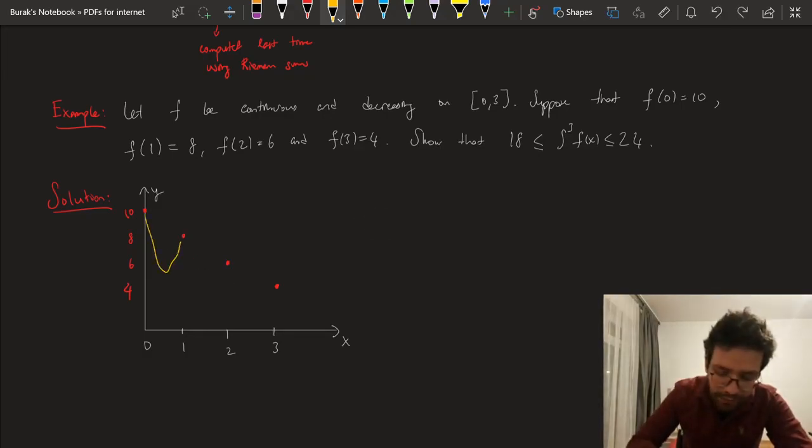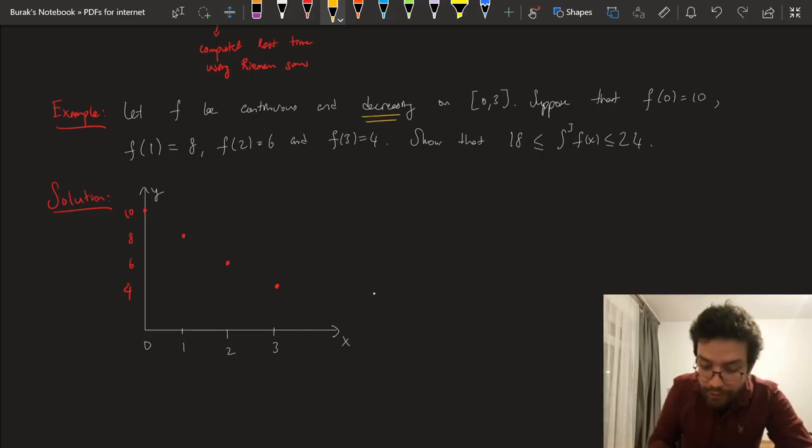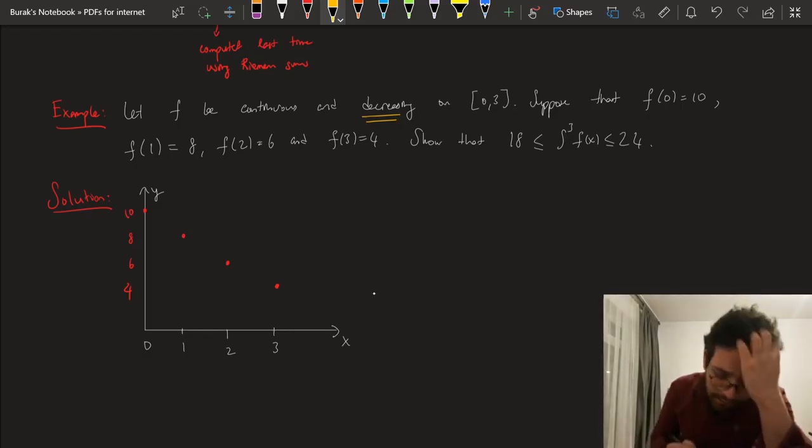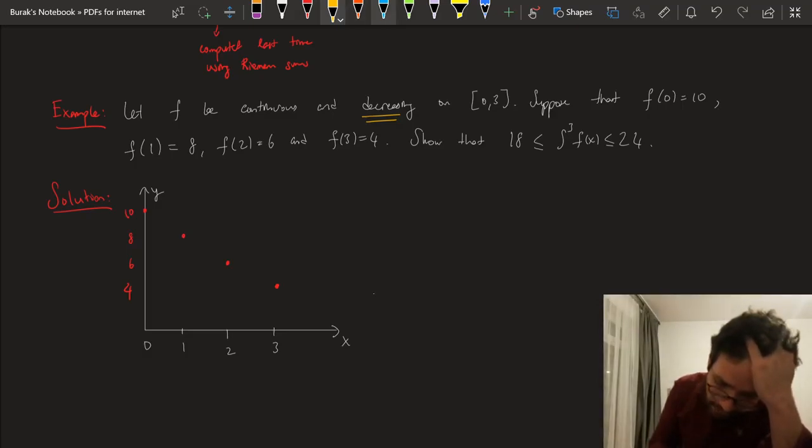You see, I can't do that because my function is decreasing. Okay, now I'm going to use, as I said, if I could choose my functions, I would choose them like that in order to maximize and minimize the definite integral, but I can't. So what am I going to do? I can use the ideas that I have just illustrated. What ideas? You see, this function is continuous and decreasing, and its value at 1 is 8,